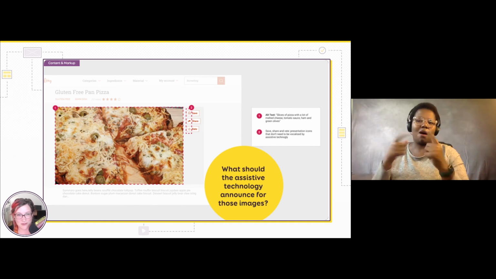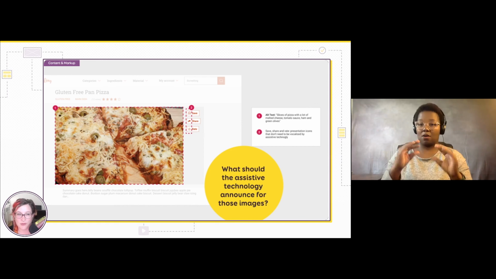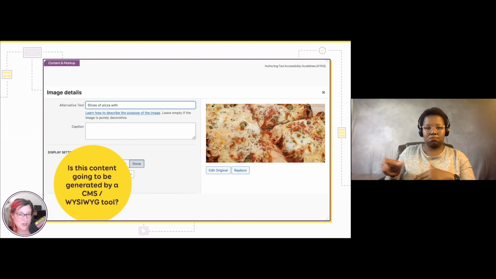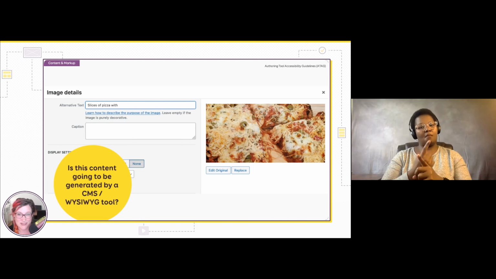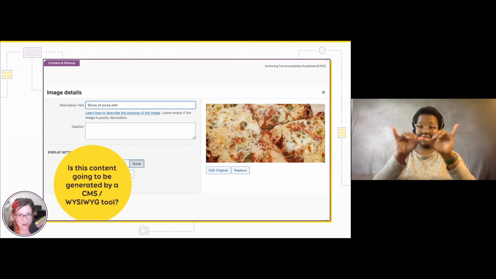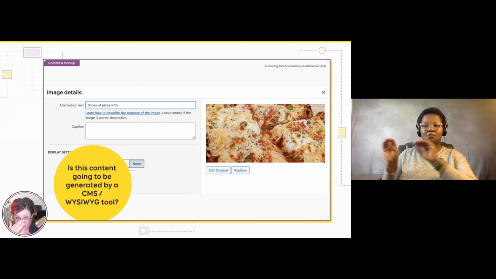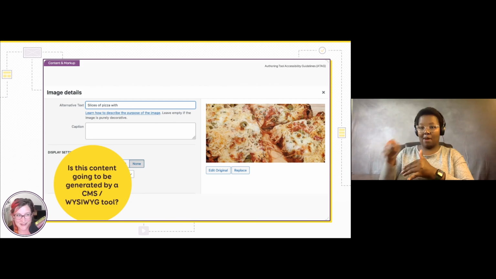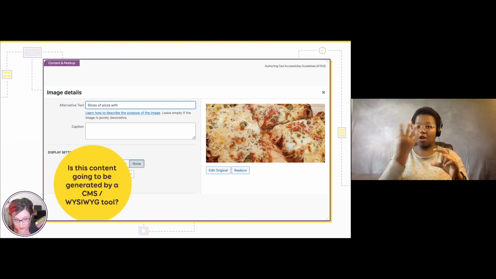And here in my example, I'm imagining I'm coding this website by hand. In real life, of course, often for cooking recipe websites, you will be using a content management system, which means that someone has to provide these alternative texts, usually authors or end users. So it also means that a developer has to develop a field that will contain the alternative text. So this is something you need to be aware of as well.